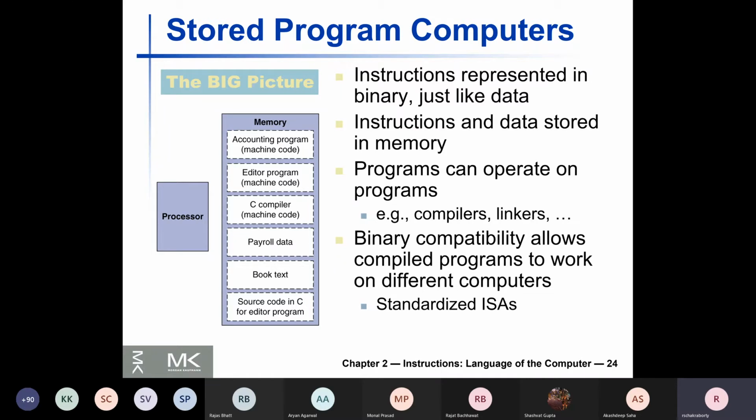There are some operating system specific things also, like how the program starts to execute, and how it links with certain libraries during runtime. There are some operating system dependencies also. That's why typically you find binaries mentioning two things. One is on what operating system it will run, and the other is what the target microprocessor is on which it will run. So if these two are the same, then you can also run it on your machine.